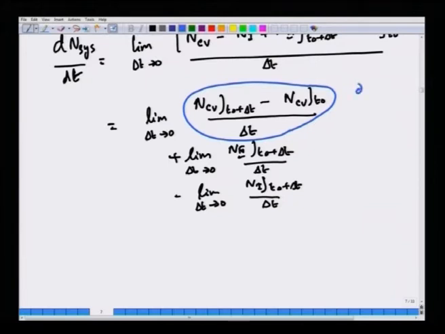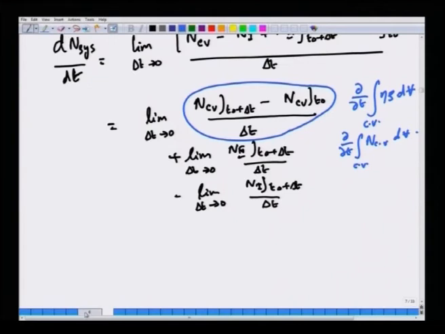This is nothing but the normal partial derivative of the integral of C v eta rho d v. You could also keep it like this. So, this is the usual partial derivative of n C v dV. This is the normal partial derivative, the rate of change with respect to time of the amount that is present in the Cv of the quantity n, which could be mass, momentum or energy.